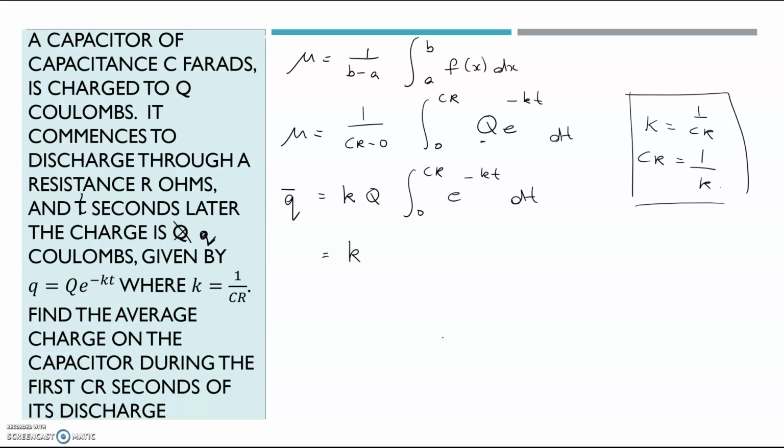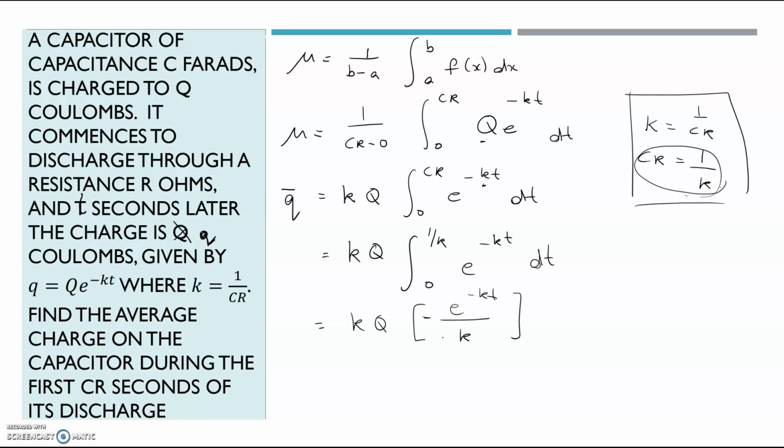Okay, so that's going to be, we can also put this back in as well because we've got a K here, so it might help. So let's call CR 1 over K, integral from 0 of e to the negative kt. Do the integration. So it will be e to the negative kt over k, and a negative out the front because of the negative power. And now if we bring that k out the front and leave what's in the bracket,